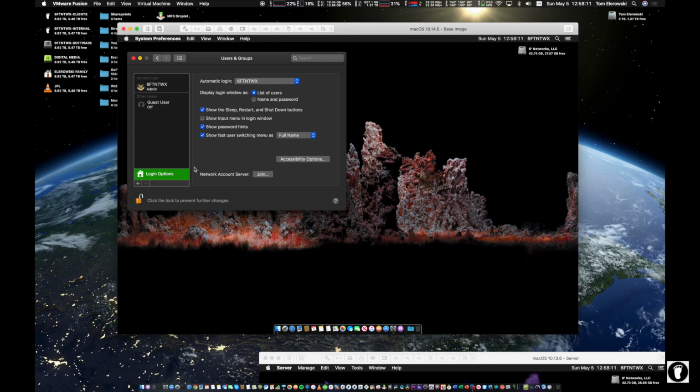Anyway, so now that we're authenticated to this System Preferences pane, we're going to click on Login Options. You can see I have a local admin user account here that allowed me to create the virtual machine and log in. But now I'm going to go under Login Options, and you can see this network account server here. We're going to hit Join. Join is going to bring up the initial directory utility